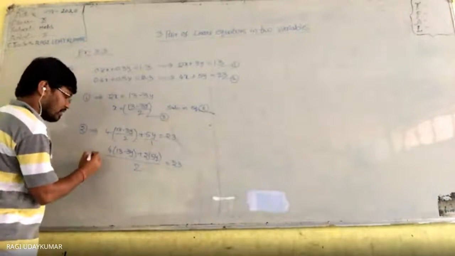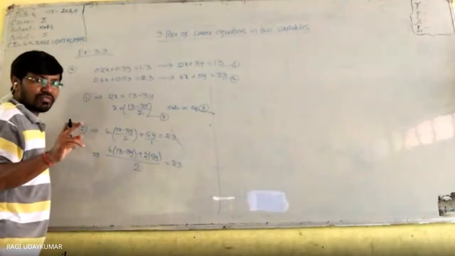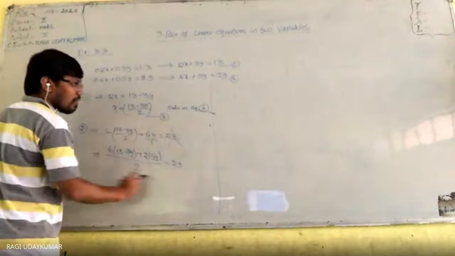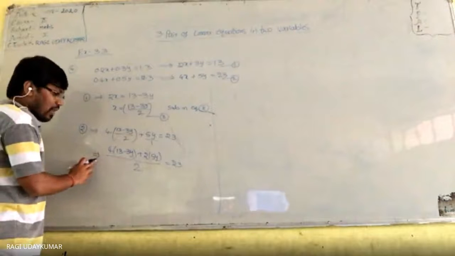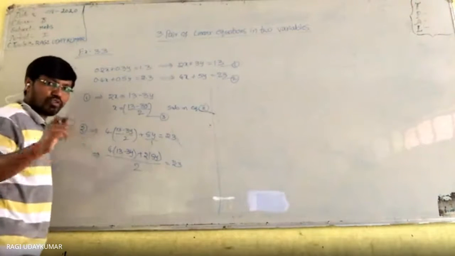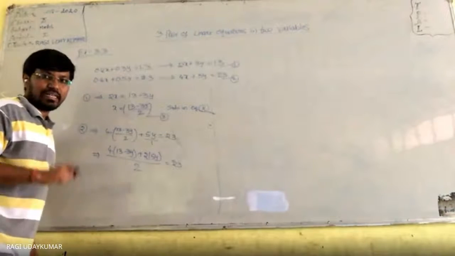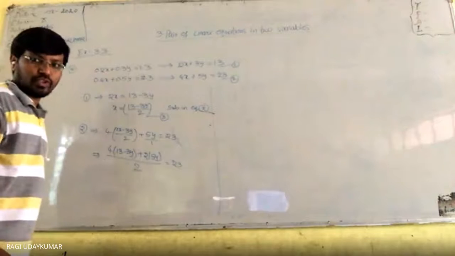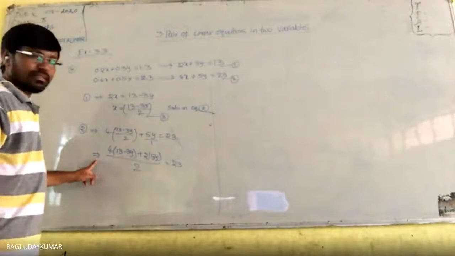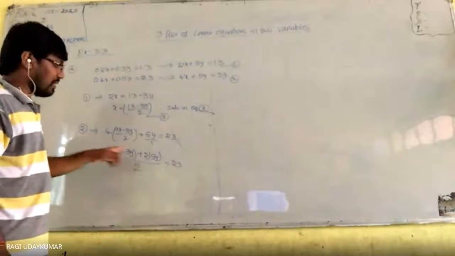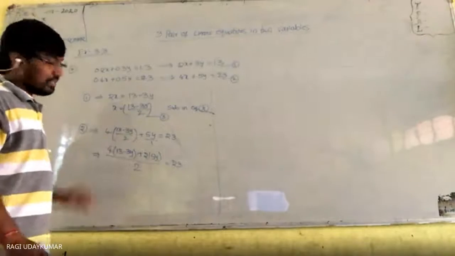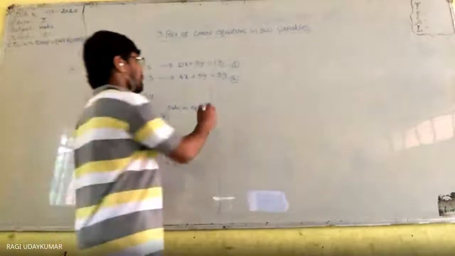Most of the students will get confused here. This is already an equation. When you write the equation to the next equation, implies should be written. Most of the students will write is equal to, and that is a wrong way of writing. You should not write is equal to here, you should write implies, because you already have is equal to here. Now we have to simplify this.